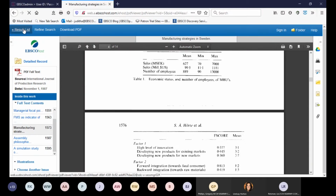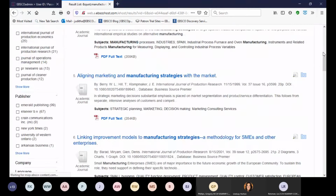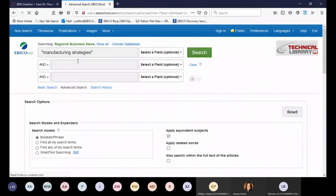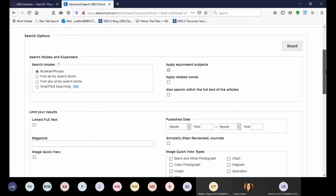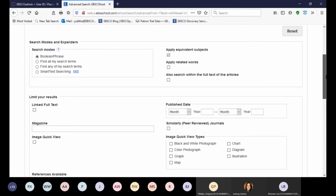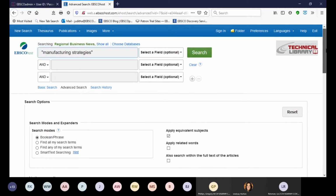So I'm just going to go back out to my search, and then I'll just show you the advanced search here. So when we go to advanced search, you can see that a lot of what's here below the search box are some of the types of things that we just discussed in the result list that were in the left-hand margin. So before EBSCO made the upgrades to be able to have those facets on the left side on the result